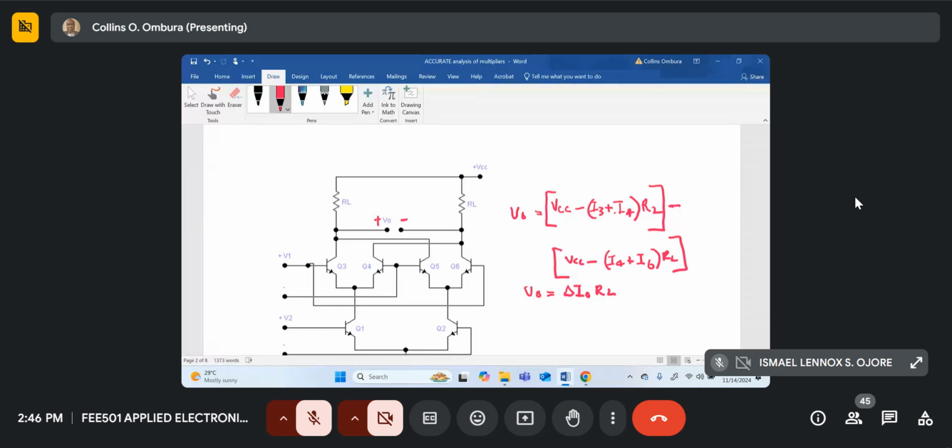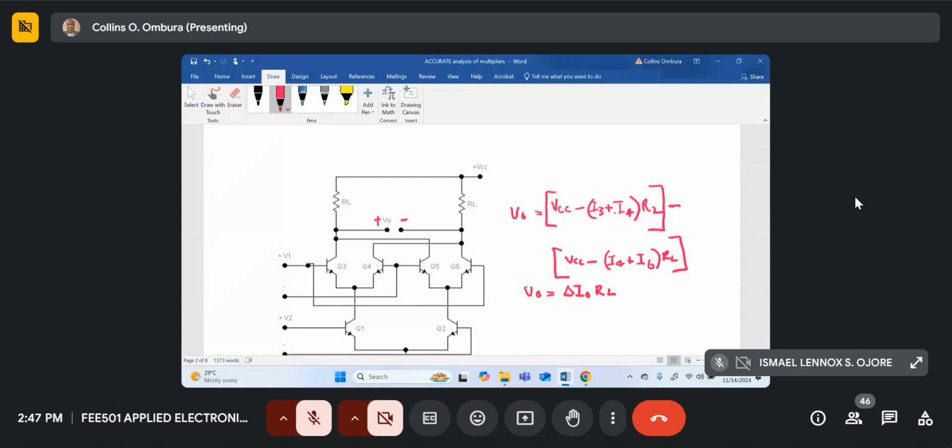If you simplify this equation, the VCCs will cancel, so you'll get a function of current and RL. That is what is called the differential current. The differential current times RL will give us the output voltage. Now the differential current, from this equation, if you open the brackets, is what